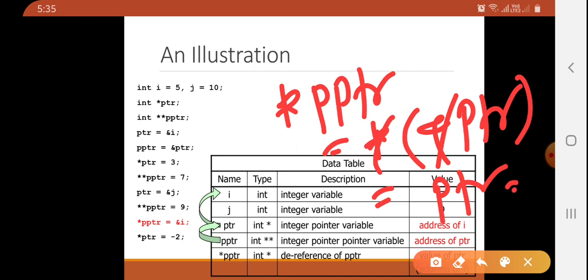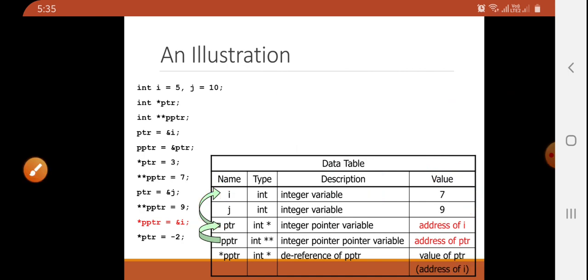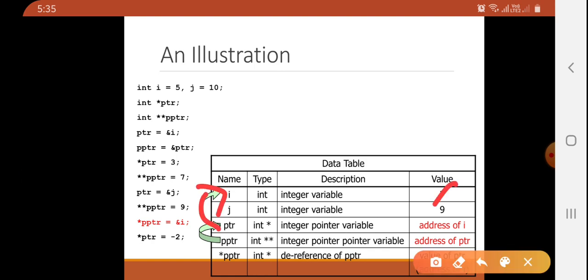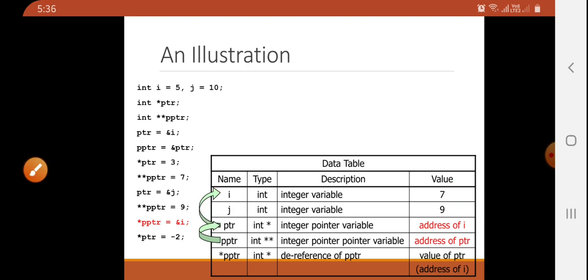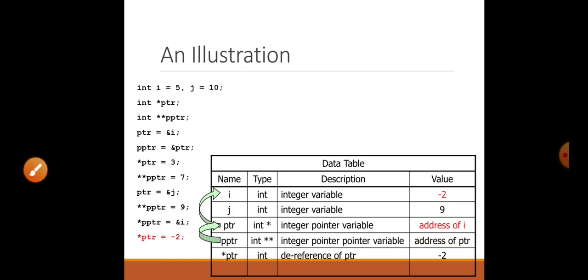So ultimately ptr = &i, and now ptr points to i. And the last is *ptr = -2. So now this value is -2. In the next lecture we will discuss pointer arithmetic.